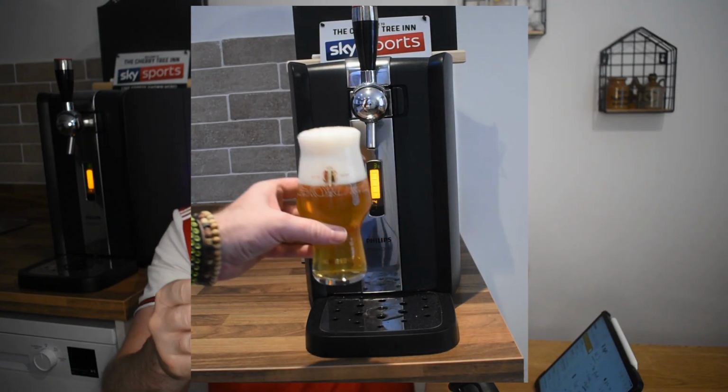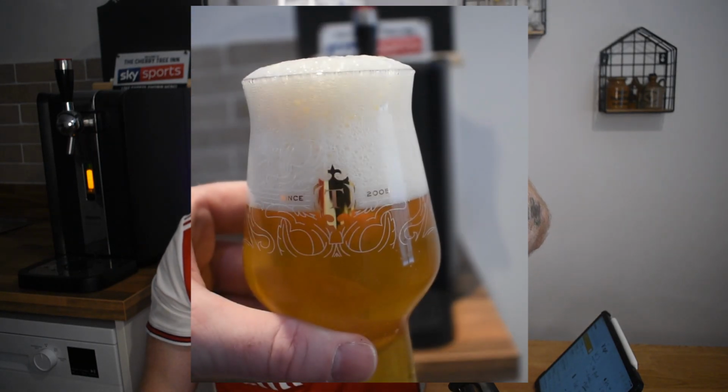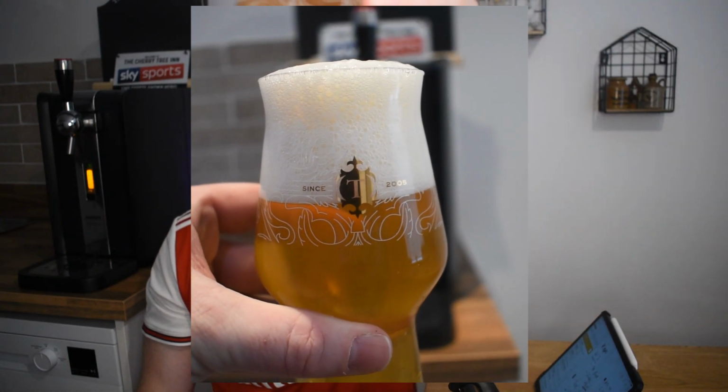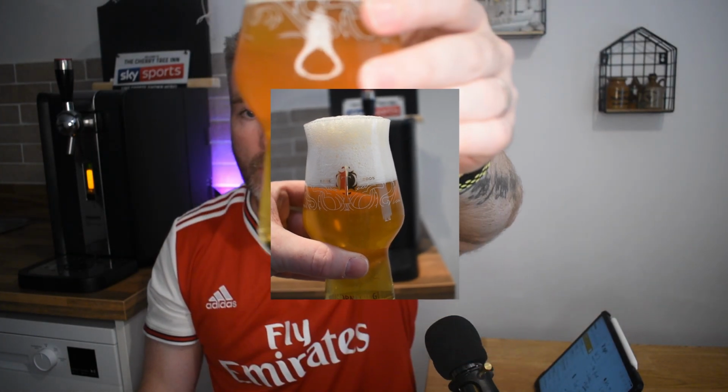So obviously you saw the pour at the very beginning. You can see that it's quite a hazy beer. It's got a nice head on it though, nice head retention, and carbonation wise, not a lot of carbonation, not very many bubbles in that, to be honest. Smell wise, it's got a nice fruity smell, not too strong, but it's just nice. No punky smell that you get from the cans and the bottles. So taste wise,